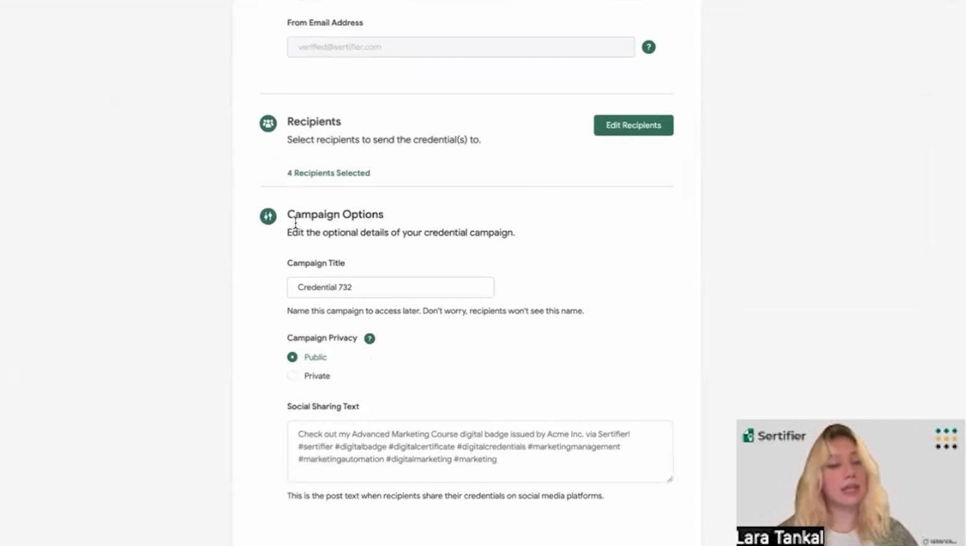Lastly, the last thing that we have to do before concluding our credential campaign and sending it is managing the campaign options. So this campaign title that we have right here is only an internal title that is just for your organization and none of your recipients will be able to see this. And the campaign privacy option,